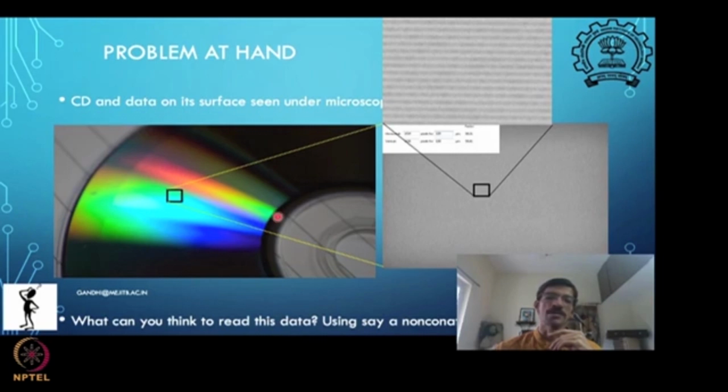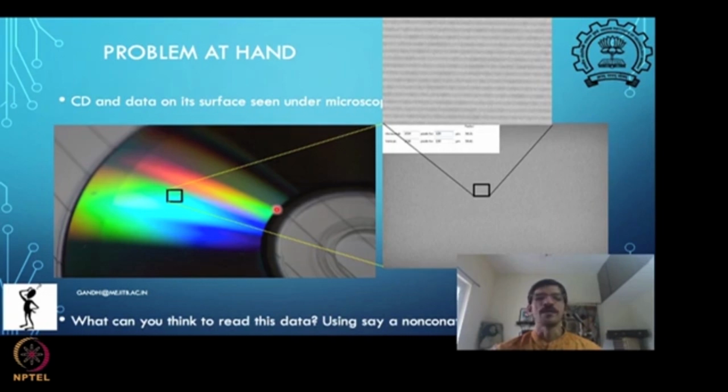So small radius it starts and continues to the larger radius. Okay, like that a single spiral is there. So you need to make sure that the head is continuously moved on the surface in the radial direction with the precision of, say, something like, can you guess what will be the precision? If this is the track, between the tracks the distance is about 1.5 microns, the precision that is needed will be what? At least some hundreds of nanometers, or 100 or a little less than 100 nanometers kind of a